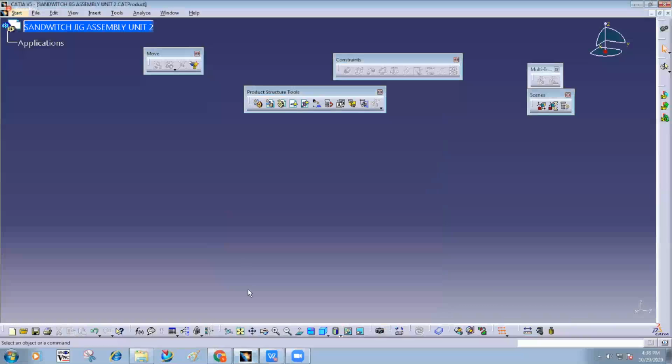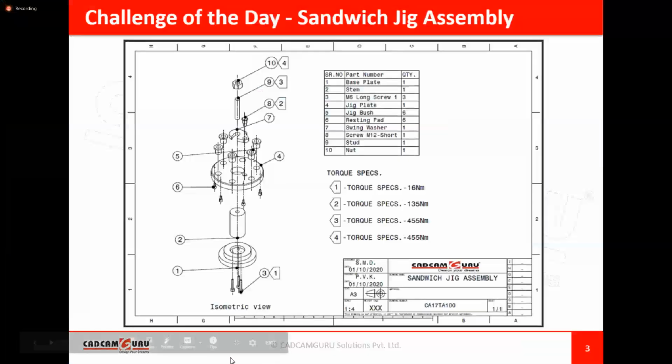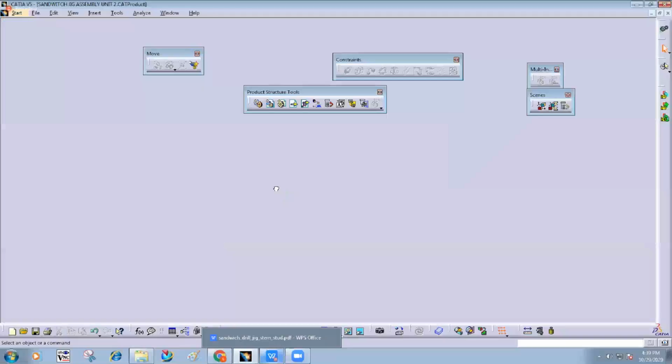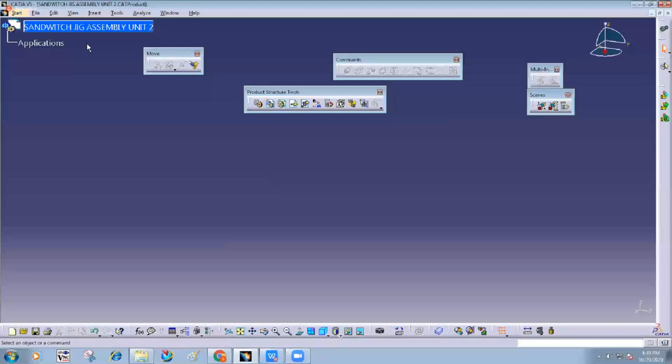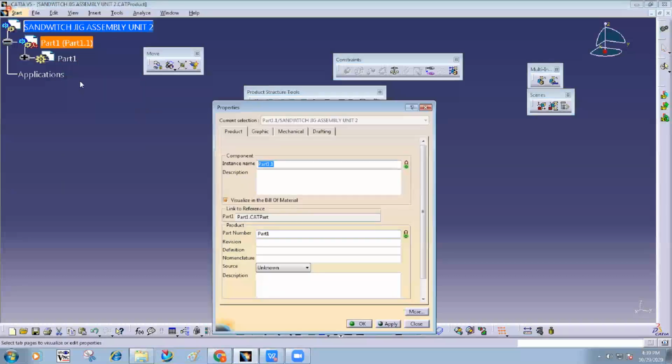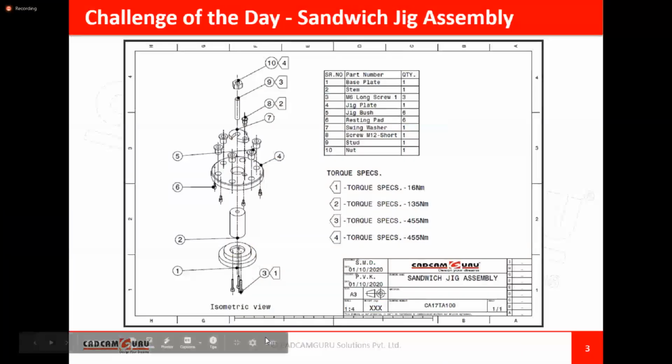Now my first part inside this is part number 4. What is that number 4? Jig plate. So I will design that part first. Click on this part, expand this, give the part name here. What is that part number 4? Jig plate.